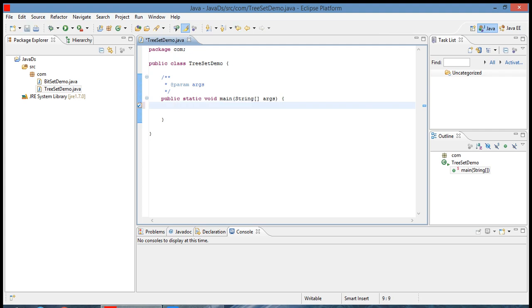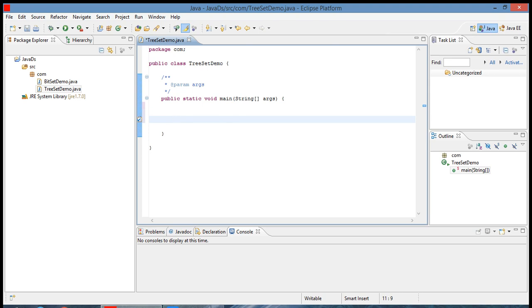Before starting the implementation, I want to tell you one thing. Treeset class will use a balanced tree as the underlying data structure to store the elements. It does not maintain the insertion order, as it is a subclass of the set class. Also, we are not able to store heterogeneous objects.